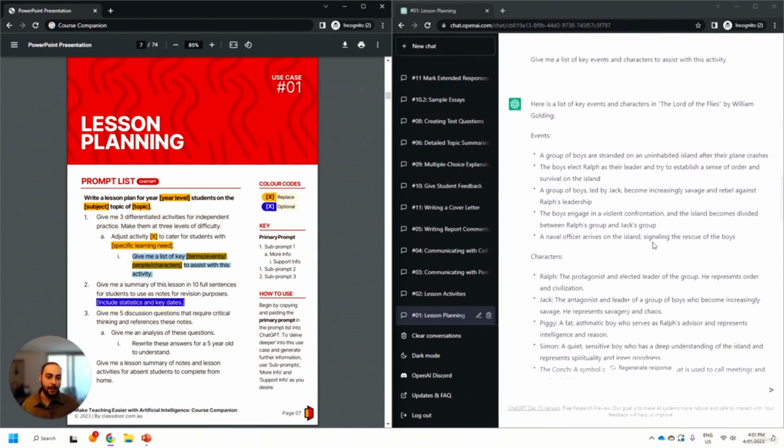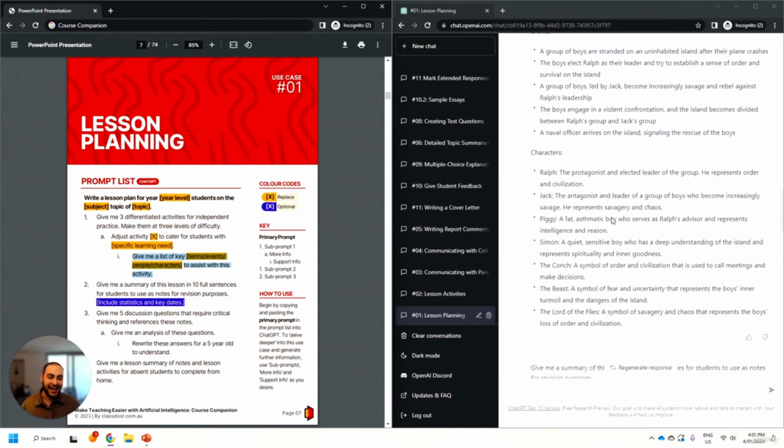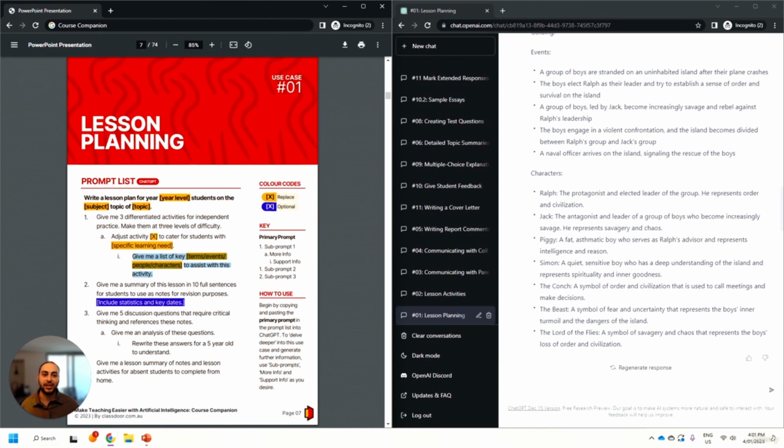Here, it's now outputted a list of events, a list of the characters in Lord of the Flies, which I can then copy and paste into a Word document and either physically or digitally provide for my student with dyslexia to be able to access that activity and get them to engage with it as well. Quite powerful stuff. The next sub-prompt that I want to go through is a summary of this lesson in 10